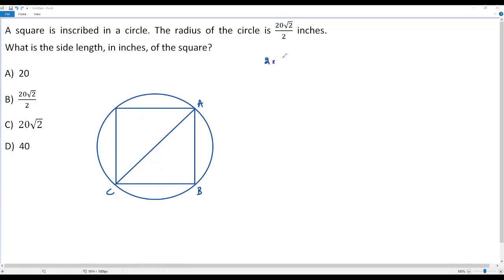Okay, let me do it. That is 2 times 20 square root of 2 over 2. Here this 2 will cancel out. I am getting 20 times square root of 2. That is the length of the diagonal of the square, or the diameter of the circle: AC is 20 times